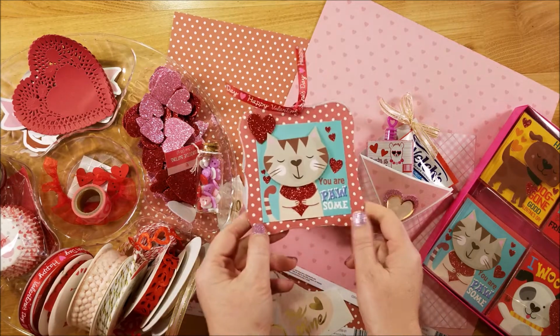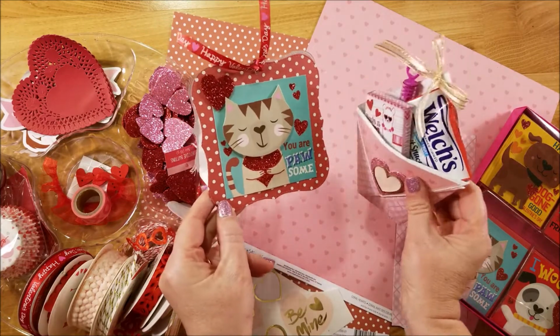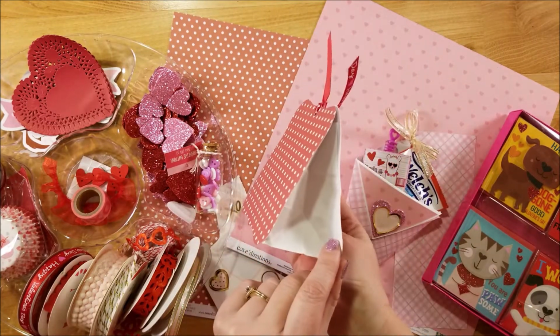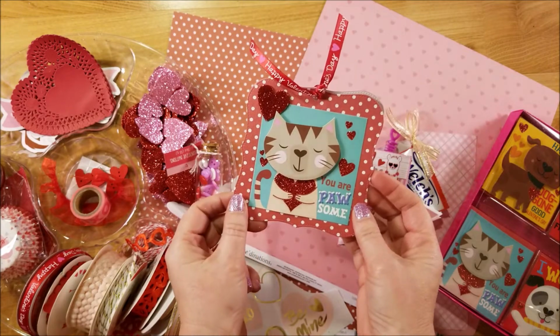I am making two little quick Valentine treat holders. Super cute. This one is just so simple. It's using a little paper sack and pieces of paper and then